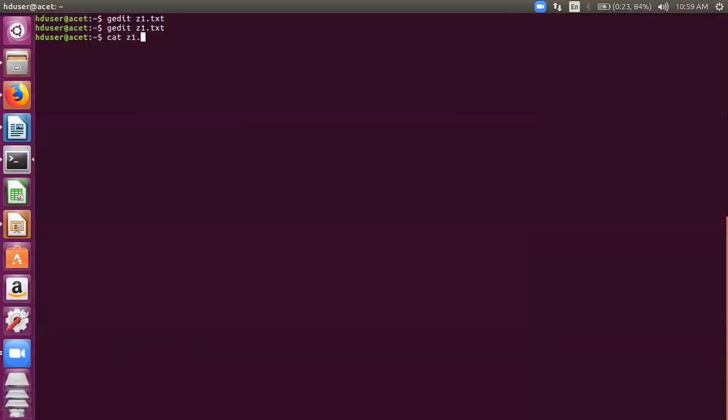Then I can display this file for you. Can you see the 3 records? Let's suppose we are going to analyze this file using Pig, just a small example to begin with. So this file is there, z1.txt. To start analyzing the file, the first operator that you require is the load operator. So let's go with the load operator.